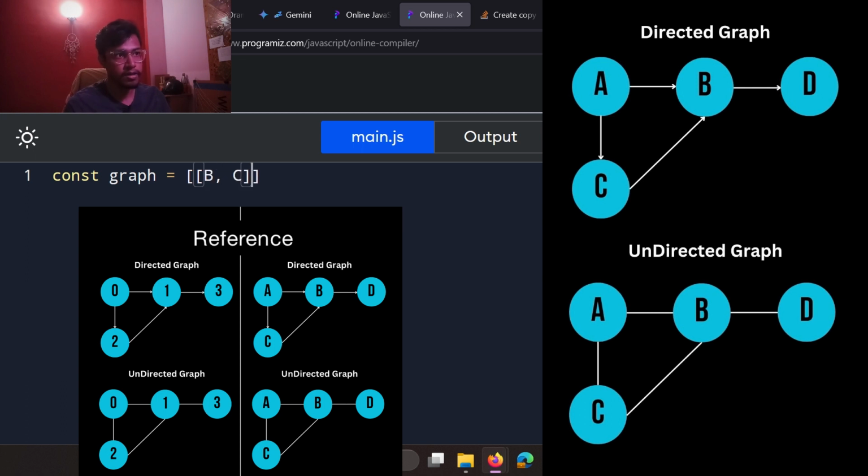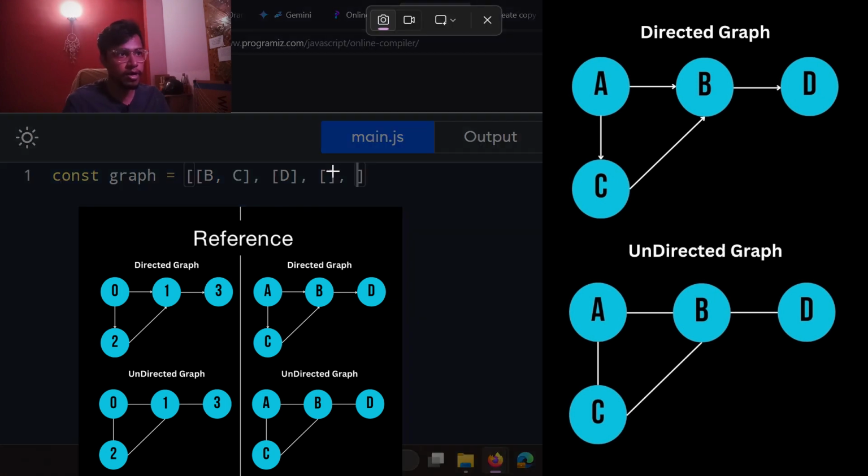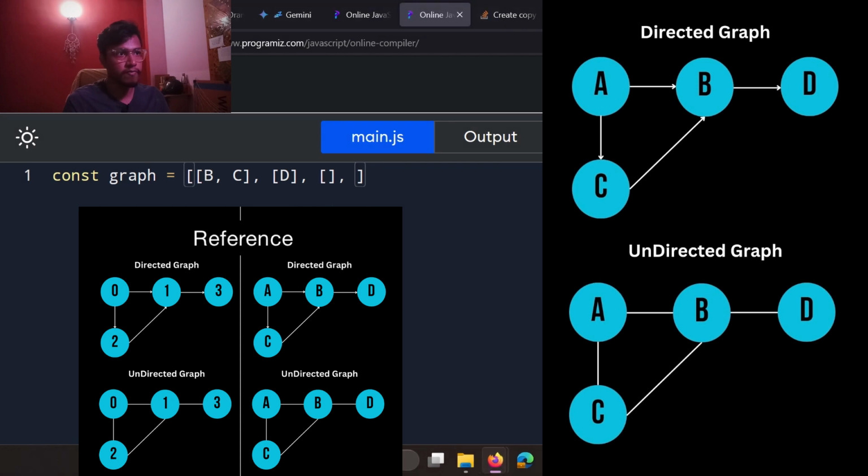right? So similarly, B is going to only D. So our second element would have been D only. If you treat B as 1, if you treat C as 2, our third array would have been empty because C start तो हो रहा है but कहीं किसी पे point नहीं कर रहा, and D भी हमारा किसी पे नहीं, sorry, C हमारा B पे point कर रहा है। C हमारा भी B पे point कर रहा है एंड D हमारा कहीं point नहीं कर रहा, तो इट वुड हैव बीन एम्प्टी।